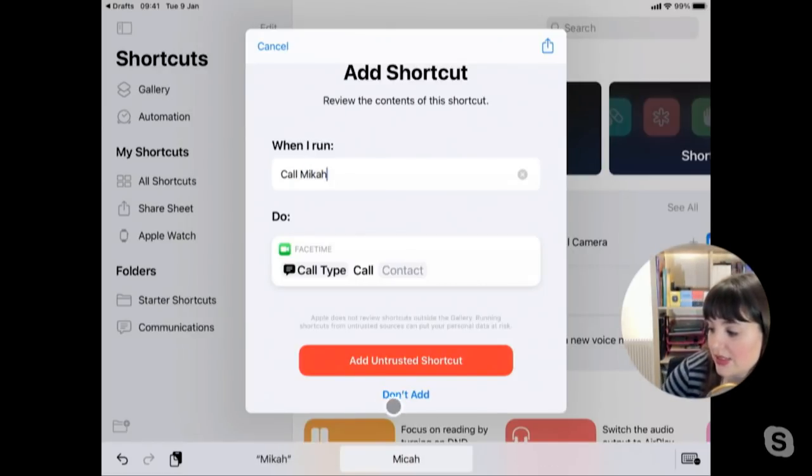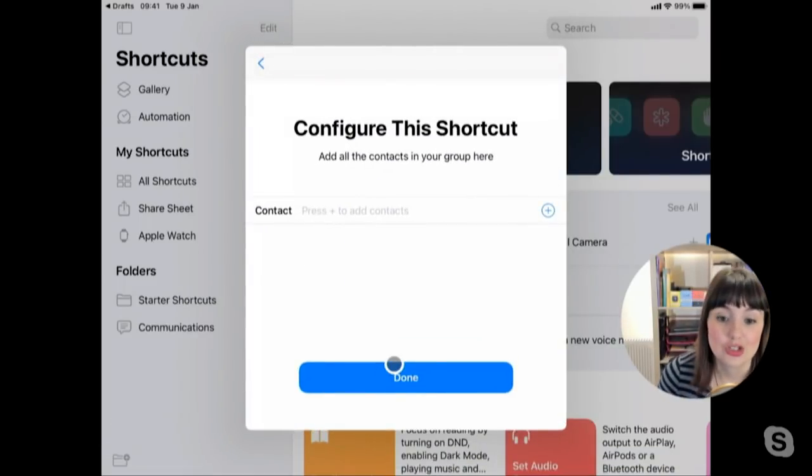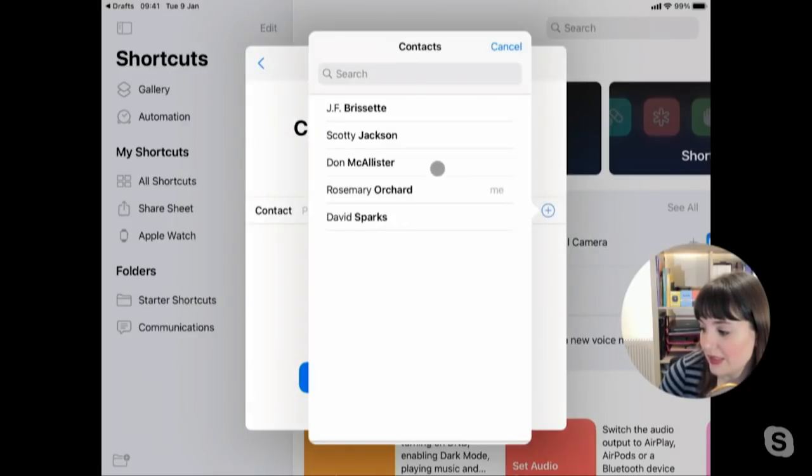And then you can see what it's going to do. And it very explicitly says here, do this. And then you need to tap the big red button, which I know everybody will automatically not want to tap, but you do want to tap the big red button here to add your untrusted shortcut. And here you can go ahead and tap the plus button and add your contacts right